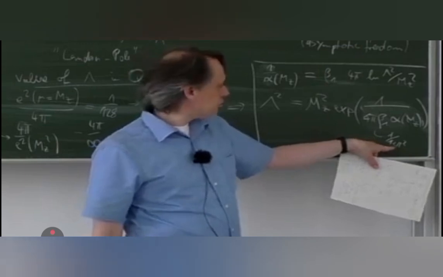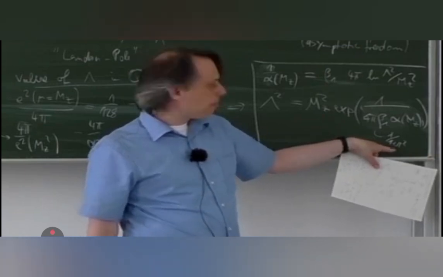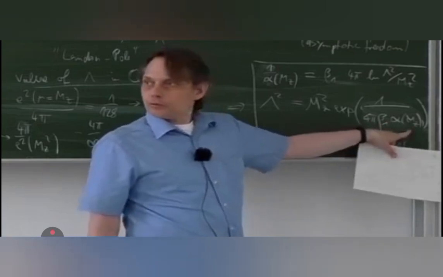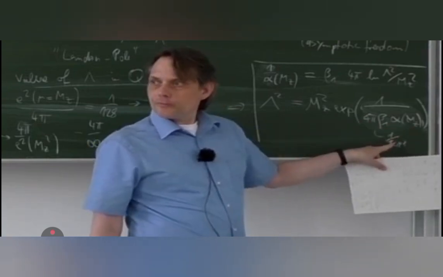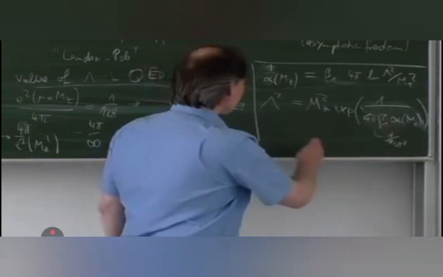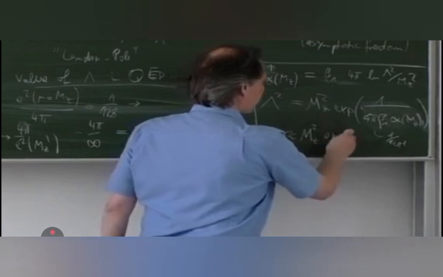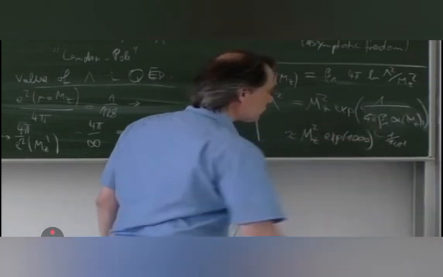So 1 over 3 pi is approximately 1 over 10. That is 1 over 100. So we get 1 over 1000 in the denominator, so we get 1000. So it's approximately exponential of 1000. So that is an astronomically high number. So the Landau pole happens in actual QED at an energy scale which is far, far above the energy content